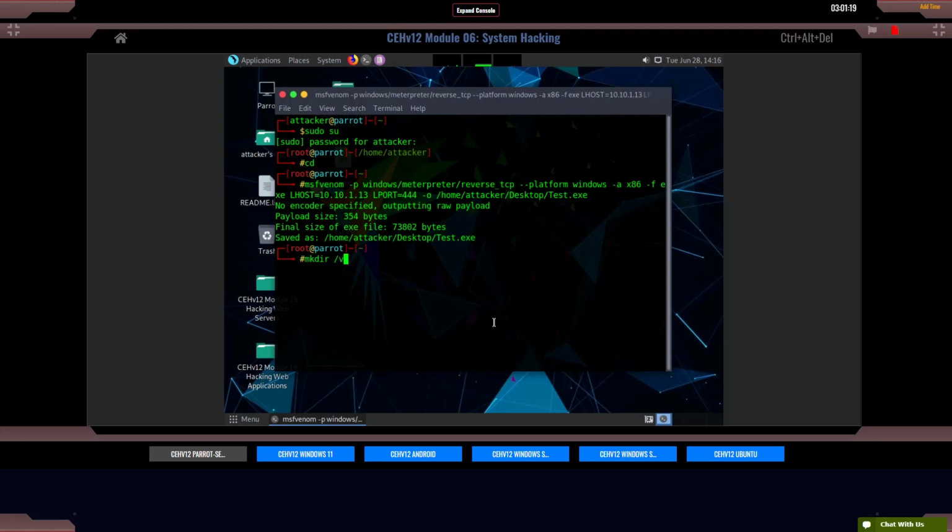mkdir /var/www/html/share, and press enter. chmod -R 755 /var/www/html/share, and enter. Change owner: chown -R www-data:www-data /var/www/html/share,